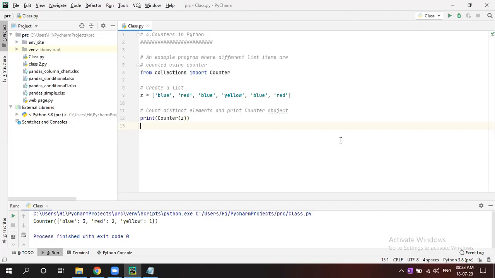That is with if and loop. But in this collection module, there is a Counter operator. In that, you can directly use Counter and count those. So it will do it in one line. Sometimes you can use this without writing if and loop. Just import Counter from collections and just print Counter of Z. That's it. But it will give the result in a dictionary format.